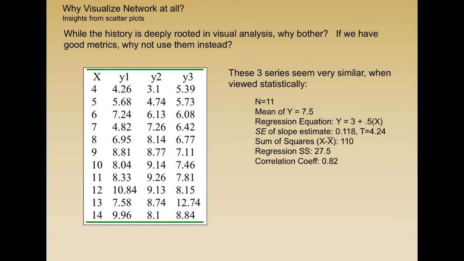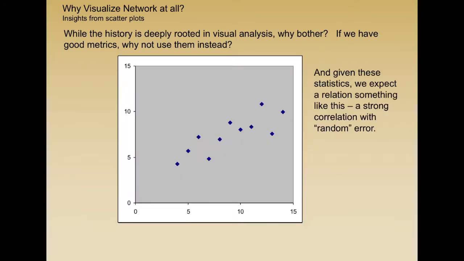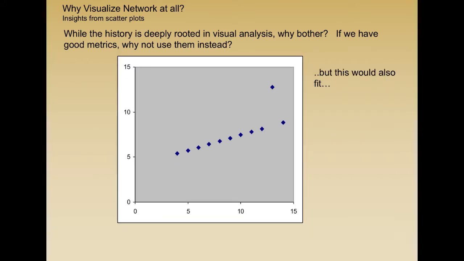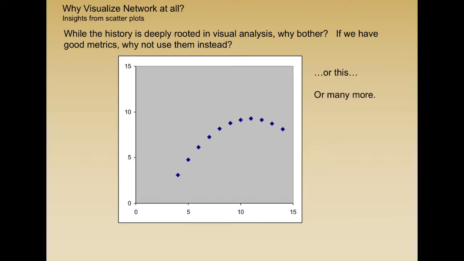So this is a classic example. Imagine I give you these 3 series, right? So if I give you an x-axis and a series of different y-axes and I fit a regression to it, I can tell you exactly what that is, right? So that regression, it turns out that this regression equation fits all 3 of those series perfectly. And you might think that that positive correlation is generating something that looks like this. But it turns out, of course, that that scatter plot could fit just as well as does this one.